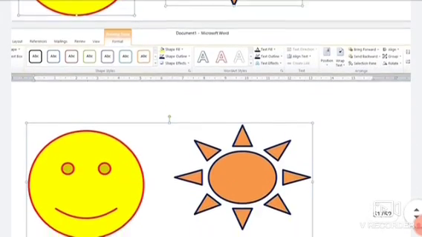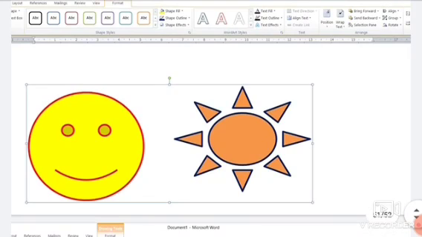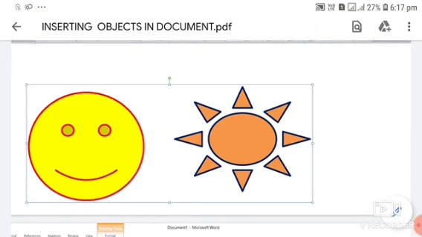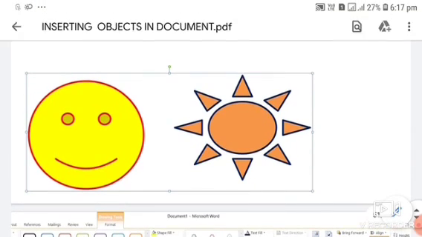You can see here. If you want to resize it, just use the corner handles and the middle handles to resize. Both pictures will resize together because we have grouped these two pictures.